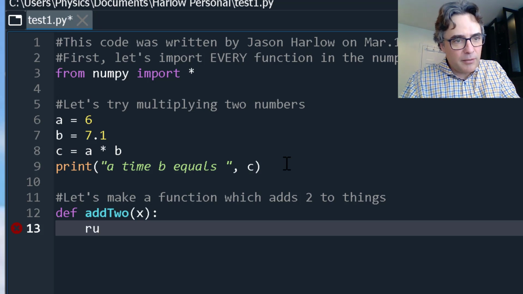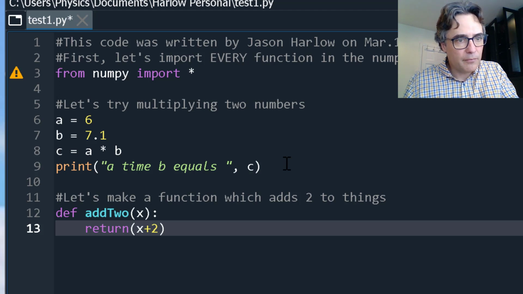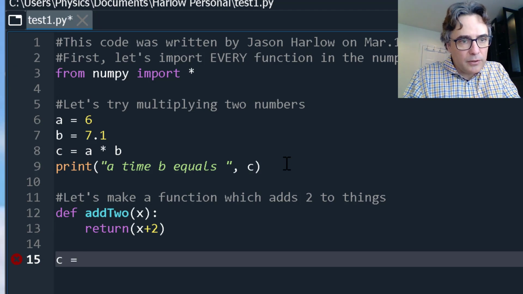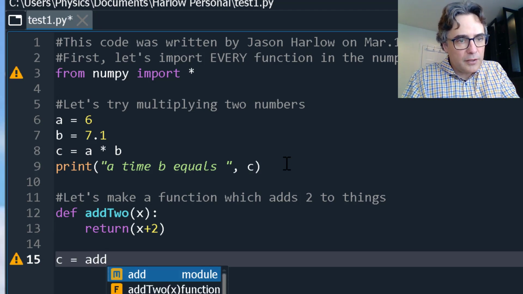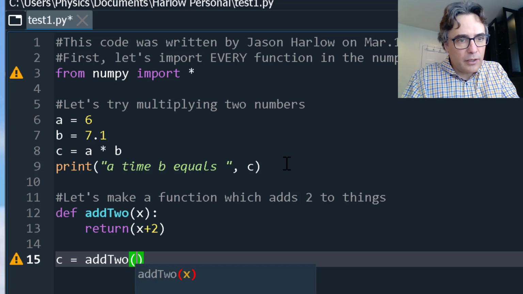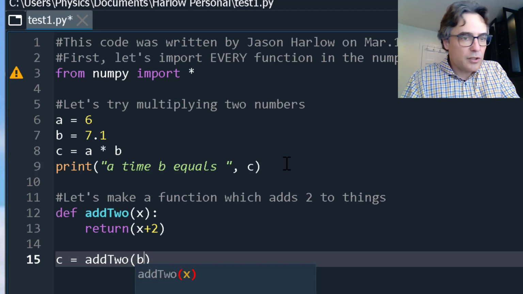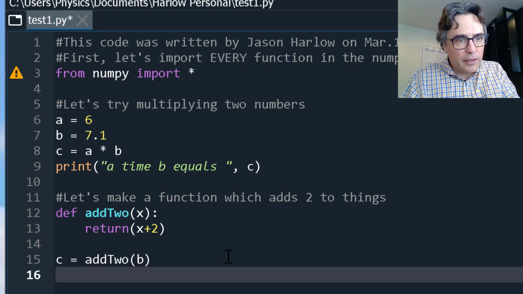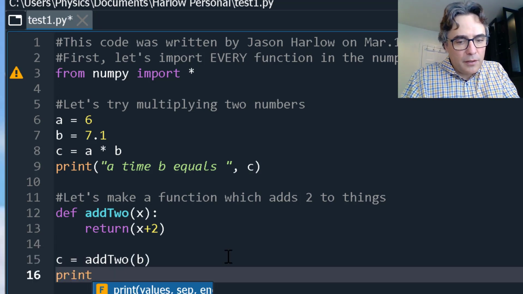So now every time I indent by 4 spaces, that's inside this definition. Now this one's just going to be very simple. There's only one line to this function, which is return x plus 2. And that's it. So now that I'm done defining a function, I'm not going to indent the next line. I'm going to say C equals add2 of things it already knows, let's call it B. Okay. And now we'll again print